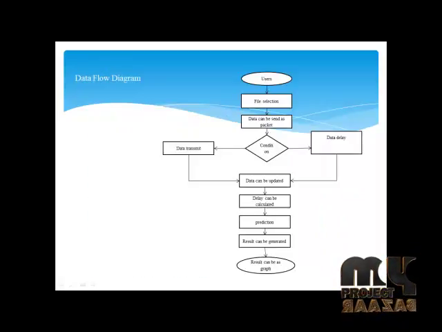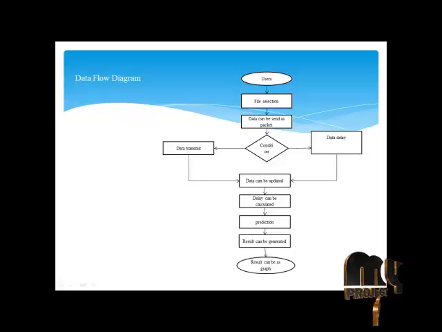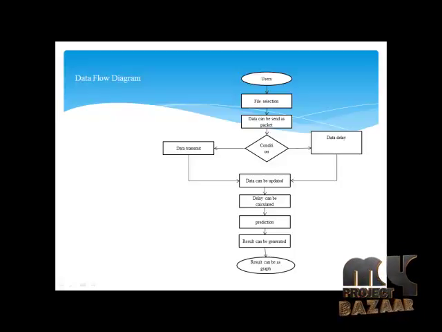Our flow diagram. This is the user. First we want to select the file. After selecting the file, we want to convert the file into packets. Using the data packets, we want to transfer into networks. Using the condition, we want to transmit the data or calculate the delay of the data transmission, and it can be updated in the